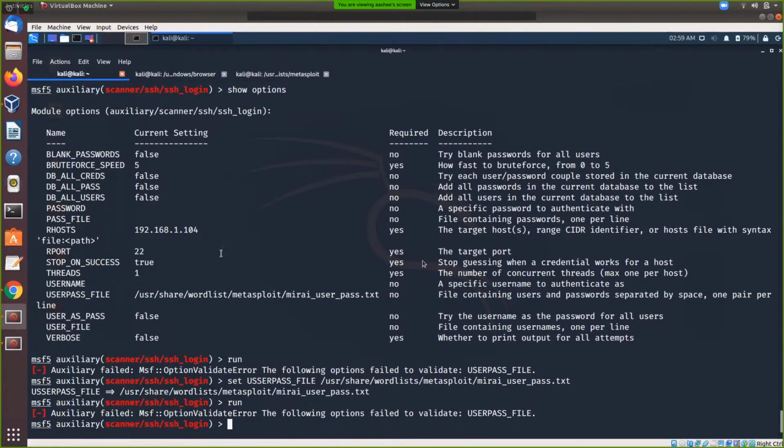So we'll get back to basic exploitation that we were going to do using FTP.